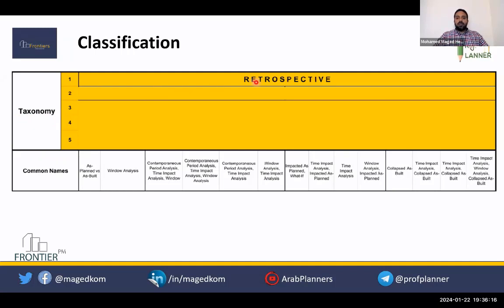First, they classified the retrospective approaches to observational and modeled. It can be easy or understandable for everybody to have a modeled approach. You have a program, you run the program, you get a difference in dates, you measure it, then you can determine the entitlement. But the observational, it's not like this.